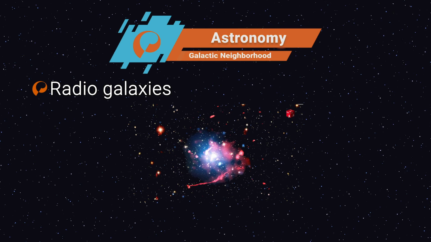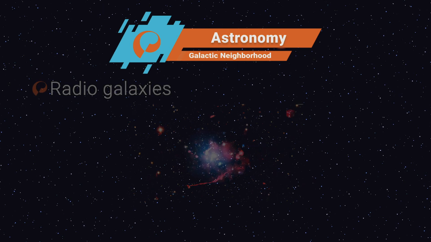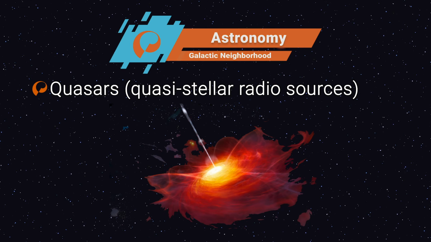Energy is not released from the nucleus, but from huge extended regions called radio lobes, about 10 times the size of the Milky Way. They are caused by material thought to be ejected at high velocity from the galactic nuclei. Quasars is short for quasi-stellar radio sources. These are created by material falling into a supermassive black hole of millions or billions of solar masses. They are very luminous,